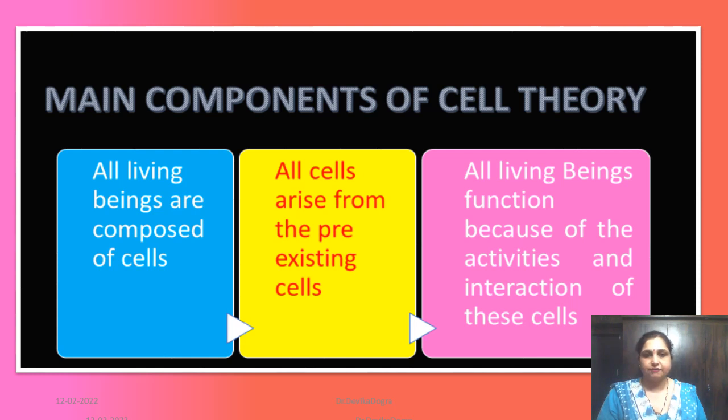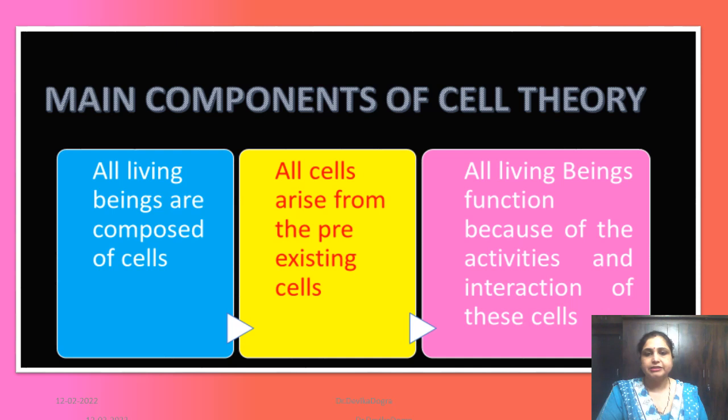Once the cell was discovered, a cell hypothesis was put forward by German botanist Matthias Schleiden and German zoologist Theodor Schwann. In this, they compared their findings and formulated a cell theory. This cell theory states that living beings are made up of cells and their products. The second point was a cell is a mass of protoplasm having a nucleus. The third point proposed was cells are similar in basic structure and metabolism.